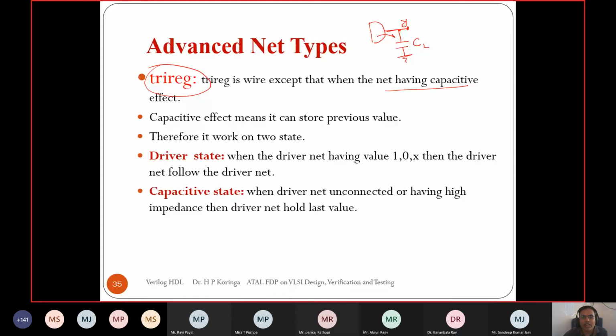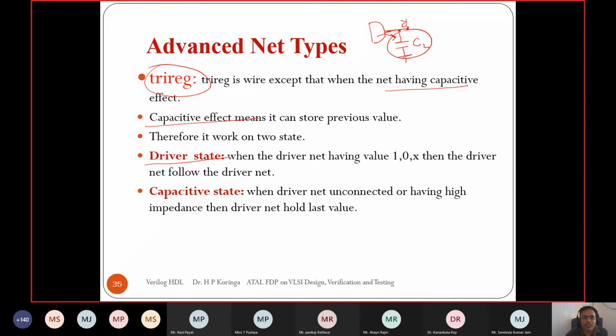So even after we drive and leave it, it stores the previous value, so it can hold the data, right? So trireg can hold the data by considering the previous logic value, due to the capacitive effect.